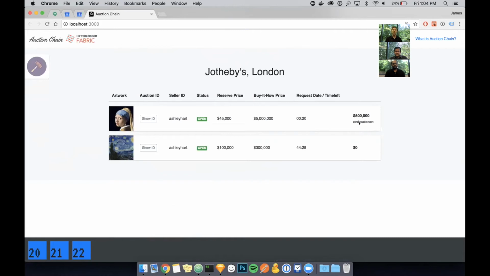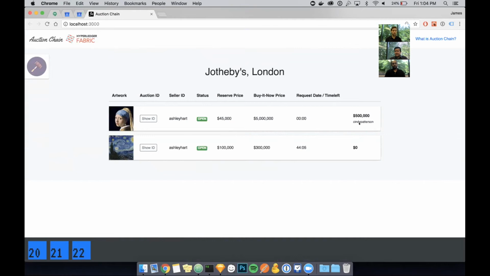So what happens when the auction actually closes is that more transactions are made to the blockchain, and that the highest bidder will have this particular piece of art transferred to them on the blockchain itself. So once it closes down in 5 seconds, the view will refresh. The status will also change from open to closed.